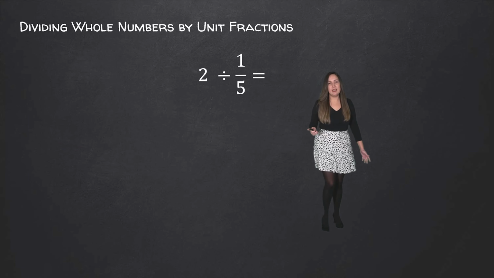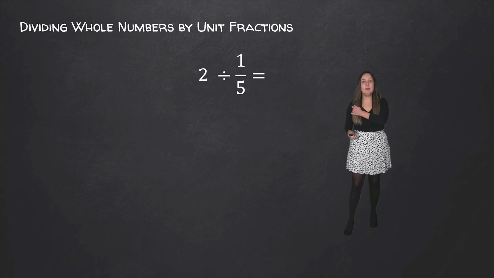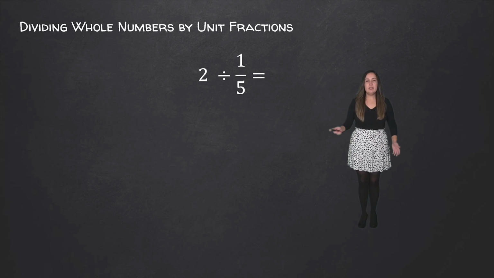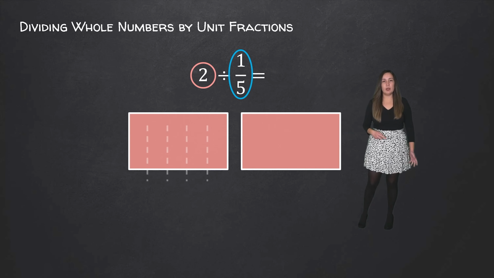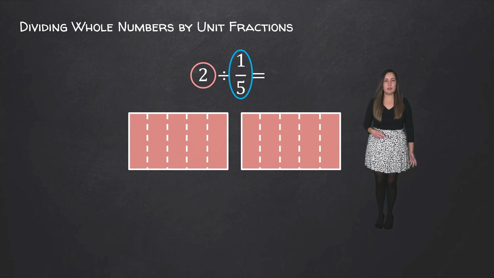Let's do another example. Here we have 2 divided by 1 over 5. All right, so first we're going to represent 2 wholes. So we're going to do 2 squares that are fully shaded in. And then we're going to divide each one of these squares into fifths. And then we're going to just label that out so that you can visually see all the fifths